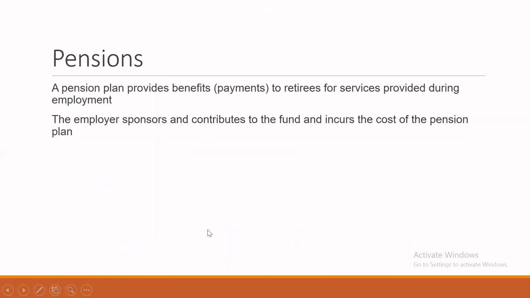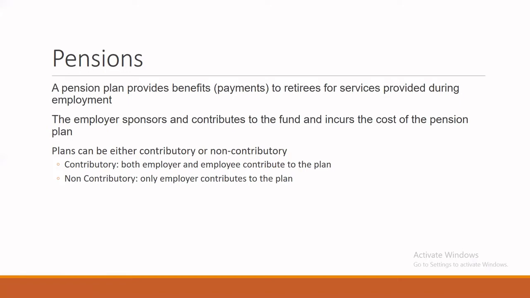So a pension plan provides benefits to retirees for services that they provided while they were employed. So this pension is given to the employees after they have retired. What the company has to do during the time of these employees' employment is fund the pension plan. So they need to make sure that there's enough money in that pension plan throughout the years in order for the employees to get the money when they retire. So the employer contributes into the fund and incurs the cost of having the pension plan during the years of employment